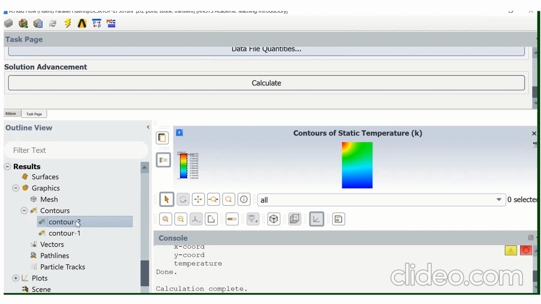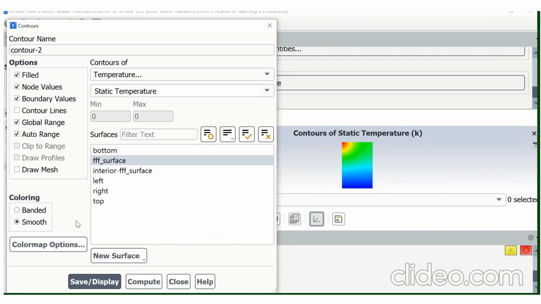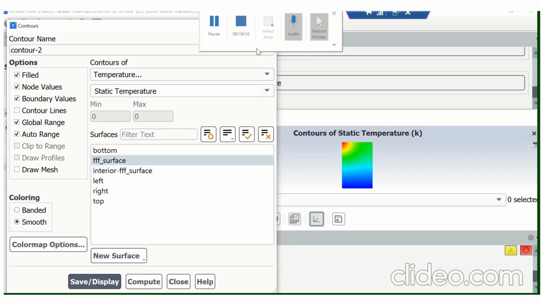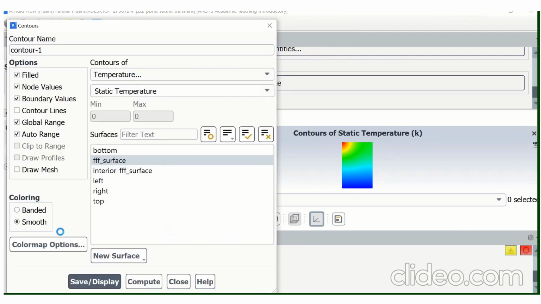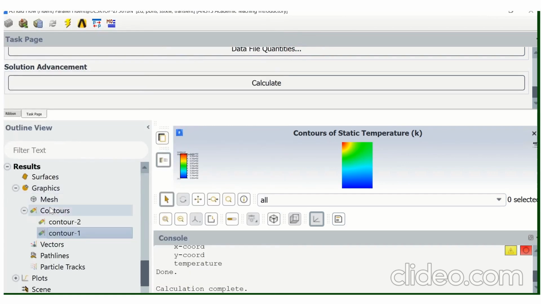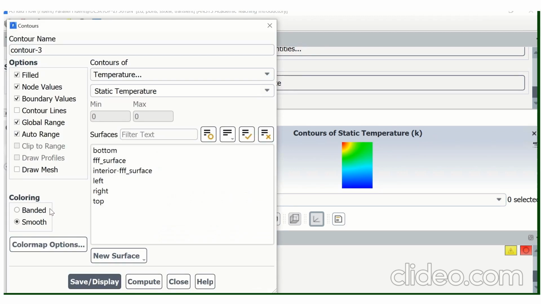If you want to remove some material based on your conditions, what you have to do is go to that particular contour, then give the range, or you can create a new contour, that will be better for you. Just click save and display. Okay, so this way it will show the maximum and minimum temperature.